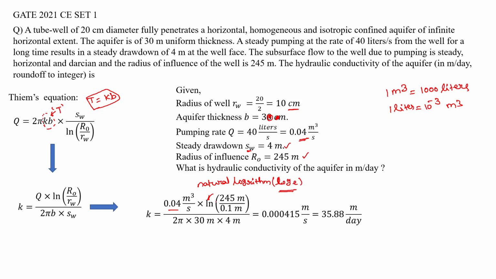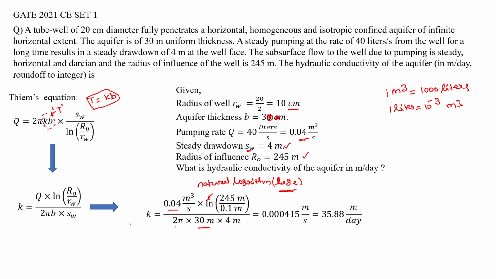Keep that in mind. Ln of 245 meter divided by 0.1 meter, because it is centimeter, so we convert into meters,